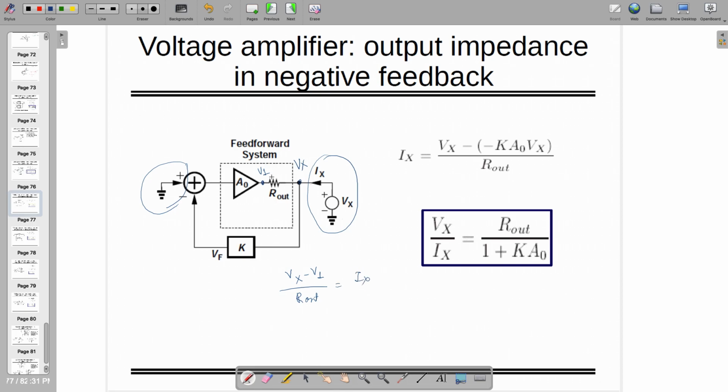So what is V1 now? V1 is just I0 multiplied by whatever is coming here, so here it's coming minus K times V_x. Notably, this becomes minus because it is a negative feedback, and that is being fed over here, and we can find out that R_out has been improved by (1 plus K A0), or you can say that the loop gain is playing a role again over here. So everywhere it's the loop gain which is playing the role.